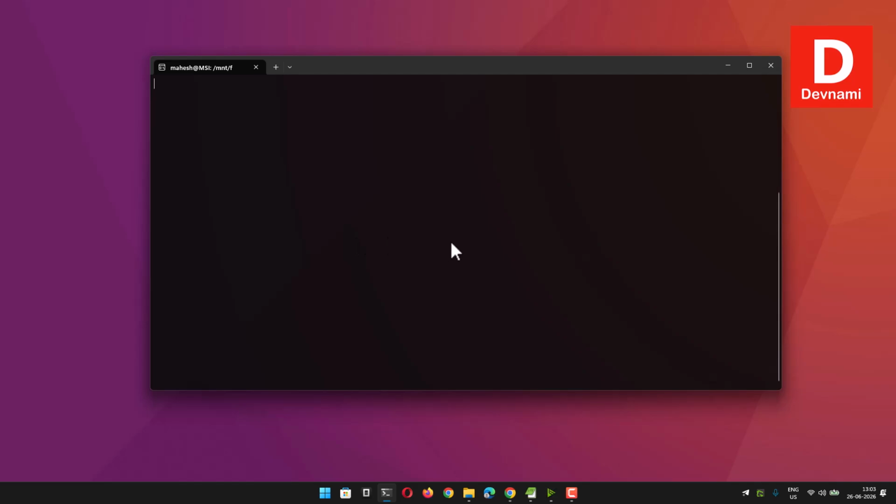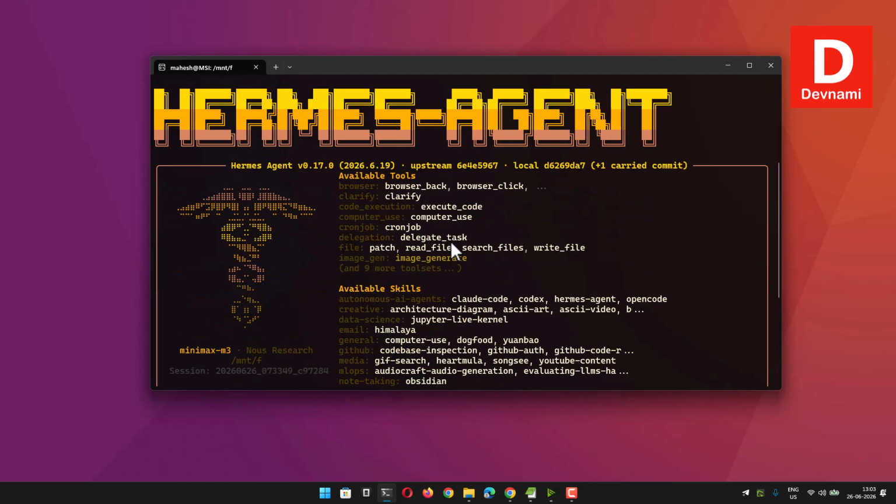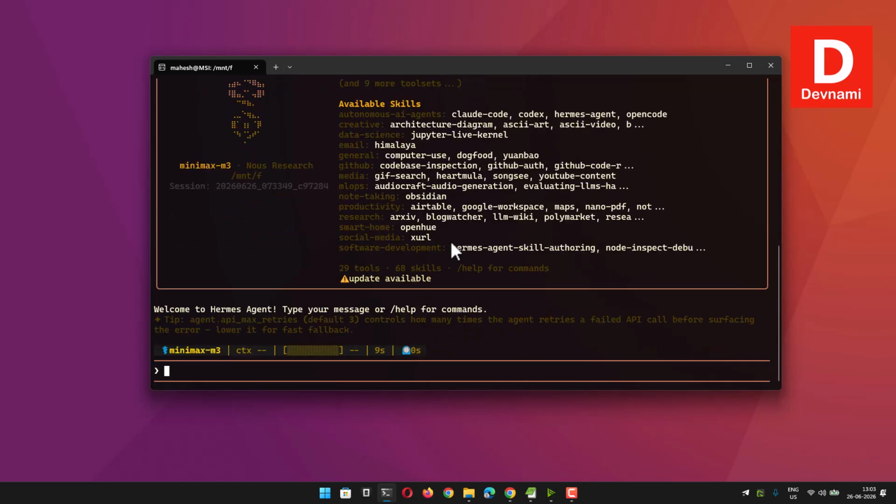This is what I want, and once it does, my natural question to Hermes agent would be what memory system we are using. Currently, as you can see, I am connected to Ollama Cloud, and it is showing MiniMax M3. So we will ask what memory provider we are using right now,